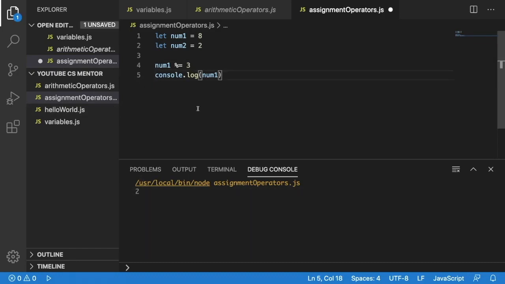Hello everyone, in this video we're going to talk about strings. We can talk about how we can use strings and how we can manipulate strings to do what we want. In the previous video we talked about assignment operators. So we're going to just create a new file,